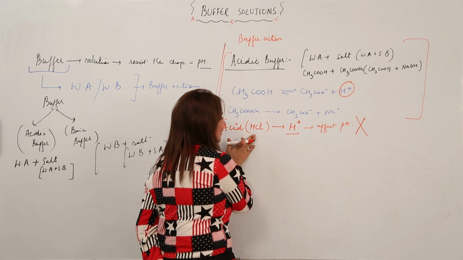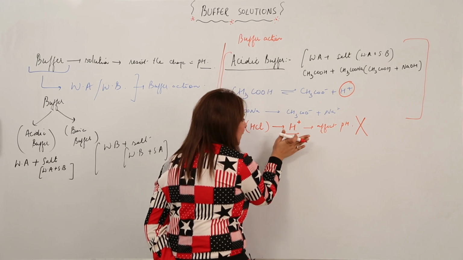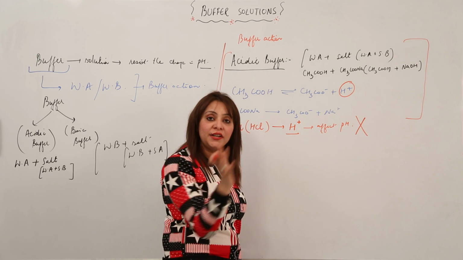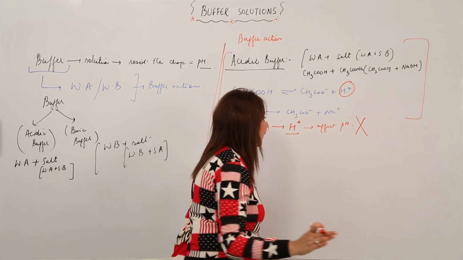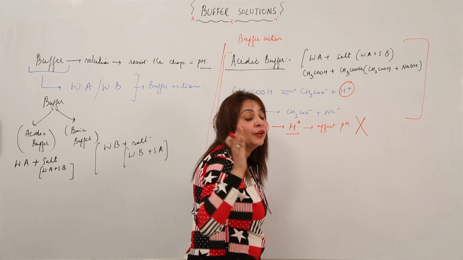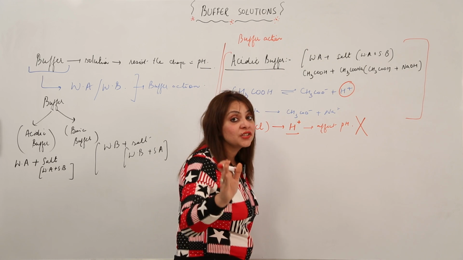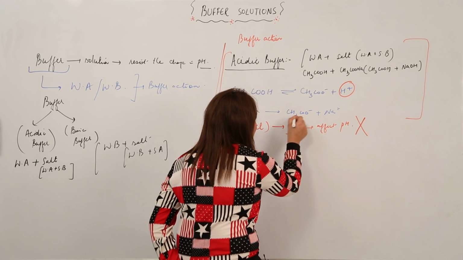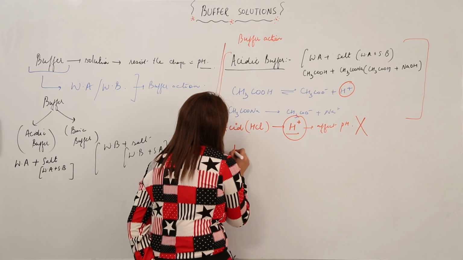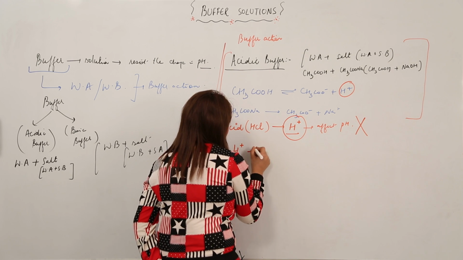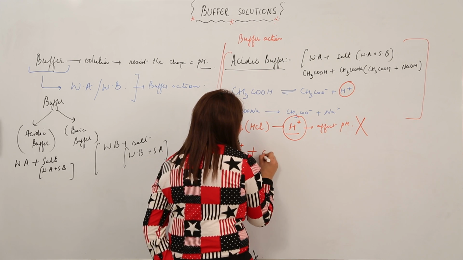So this acid did dissociate to form hydrogen ions. These hydrogen ions were supposed to alter the pH, but actually they are not altering. Why are they not altering, and where are these hydrogen ions going? The question now, right? So where are these hydrogen ions going? These hydrogen ions are taken up by the acetate ions,